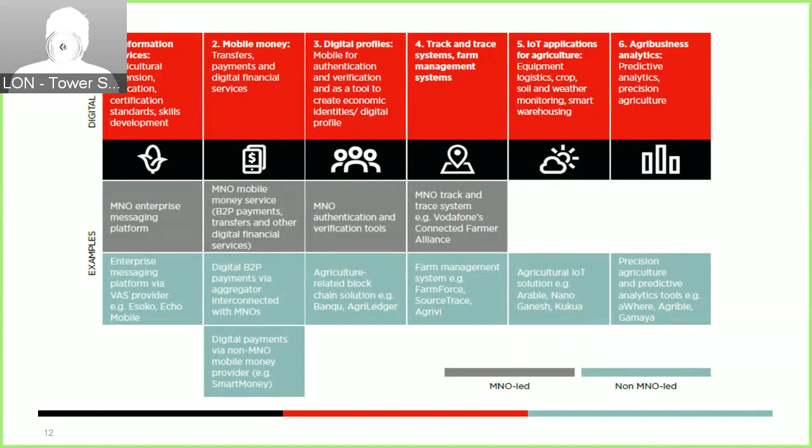Now I'll go back to a similar slide that I presented before, but here the intention is to show you some specific examples. So if you remember in the previous slide, we showed the 6 types of agricultural last mile solutions, which you can see here again in this diagram at the top, colored in red. So the purpose of this slide is to present specific examples under each solution with products that are being offered by mobile operators, the boxes in gray in the middle, so MNO-led type of solutions, or solutions that are offered by third-party providers, tech providers, so the boxes in light blue at the bottom of this slide.